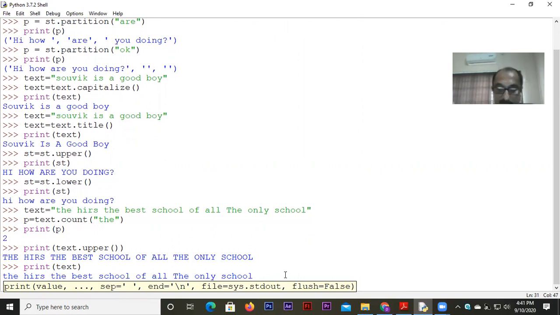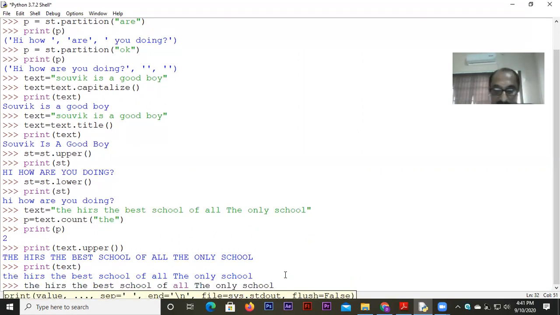I believe you know this. We have done this kind of thing in class 11. Now, what was I going to do here? I was going to take a count of all the "the", irrespective of whether they are capital or small. Then what you can do is write the main string, that is text, and write lower.